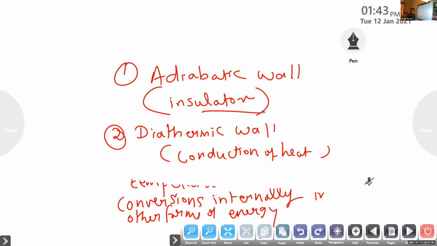So thermodynamics is that. An adiabatic wall behaves like an insulator from the heat energy. A diathermic wall behaves like a conductor. Suppose you are a system placed in a particular place, but your body can absorb the heat energy, and that imaginary boundary will become diathermic. Diathermic means it will allow the heat energy to flow from the surroundings to the system. So that is a diathermic wall.